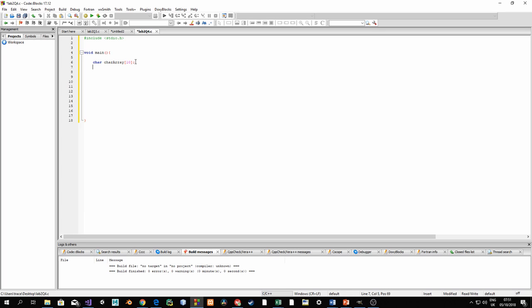If you want to do a string array, this is old code, remind you. Let's call this string array. Still want to make 10 spots, but what I can do is put that little star in front of it, which makes it a string array. So what we can do now,